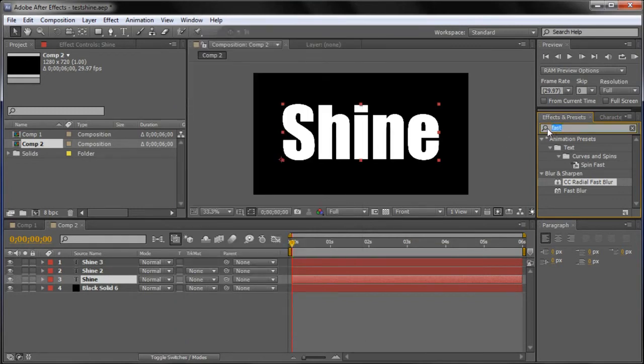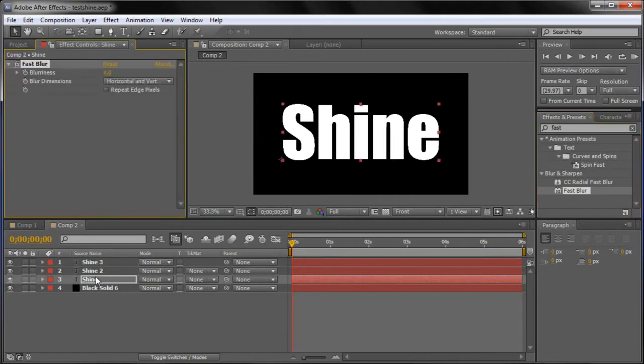So now yours is going to look like that, and we're going to search for a fast blur. So I'm just going to type fast into the little search bar here, and now you can see that we have a Fast Blur right down here under Blur and Sharpen. So what I'm going to do is just drag that down onto the text layer. So make sure you're on the first one, and we're going to put it right there,